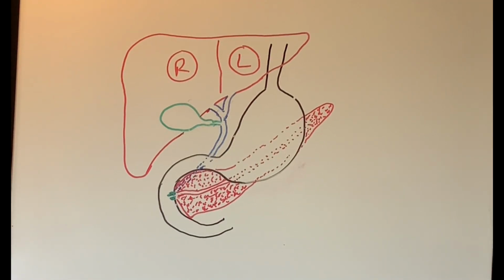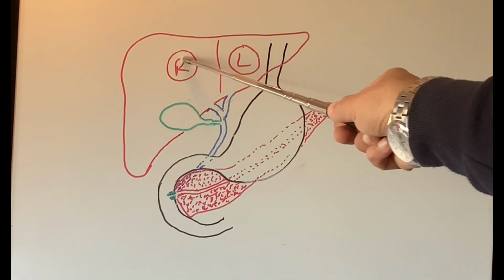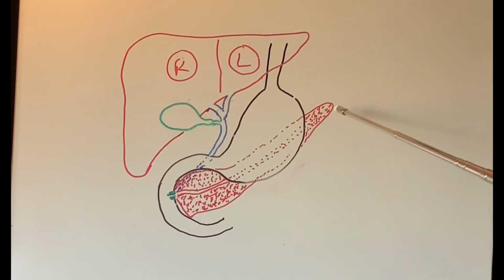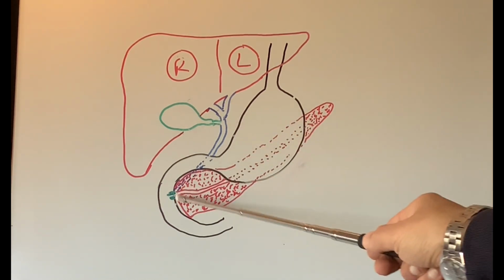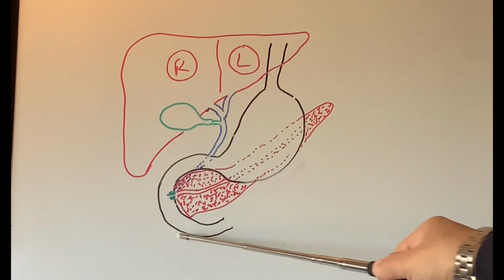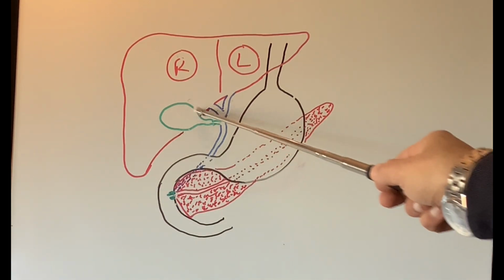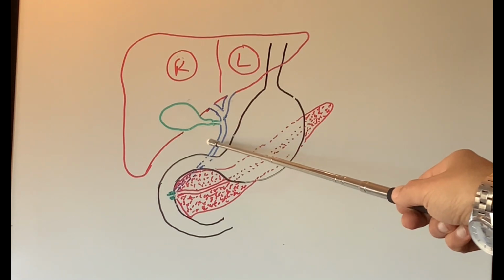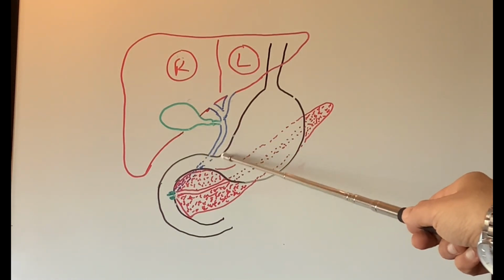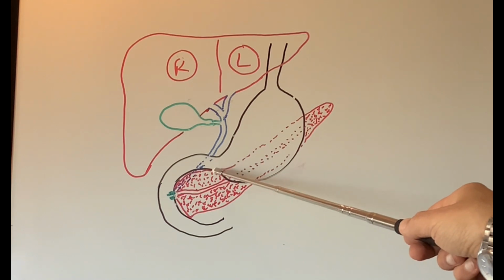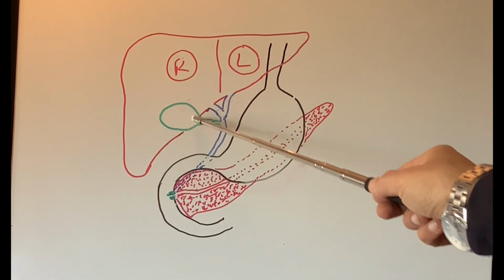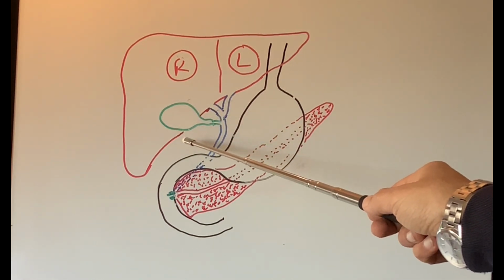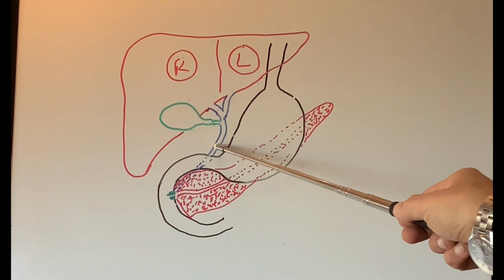So let's now discuss what the gallbladder does in our body. Does the gallbladder produce anything? Like the liver produces the bile, the pancreas produces the pancreatic juice, the stomach produces the gastric juice, the small intestine produces the small intestinal enzymes and juices. Does the gallbladder produce anything? The gallbladder does not produce anything which helps to digest our food. It produces a bit of mucus, like the slime or saliva in our mouth. That's all it produces to keep itself moist. However, it does not produce any enzymes or anything very important.